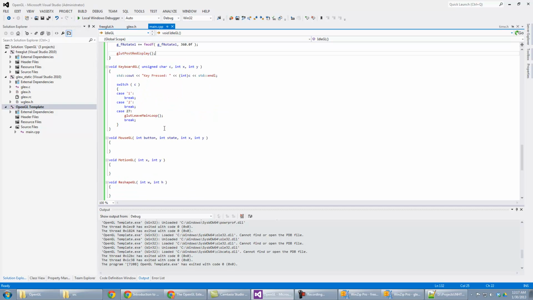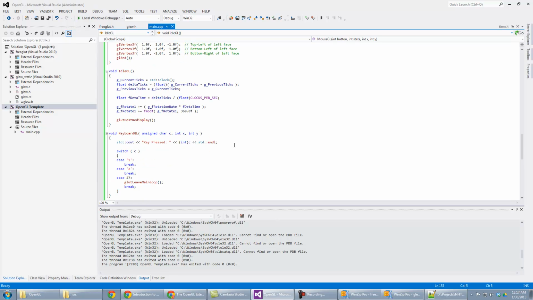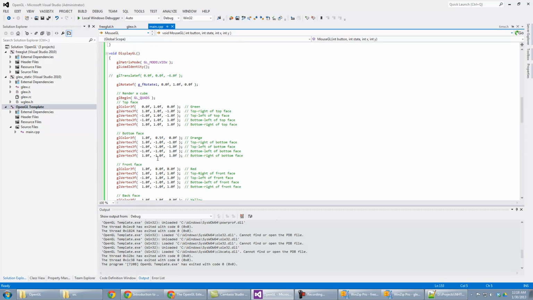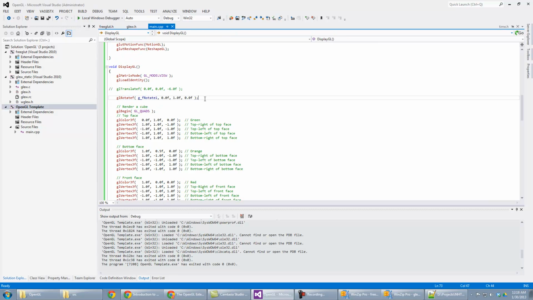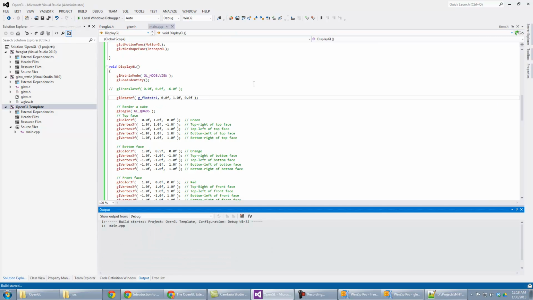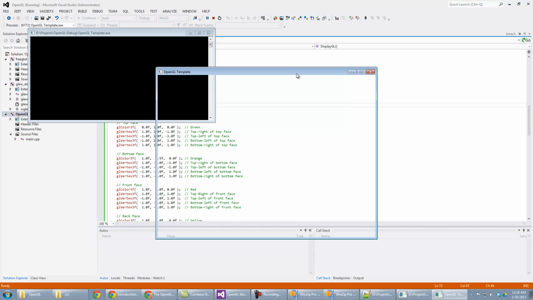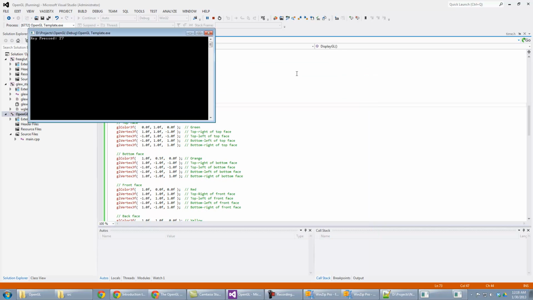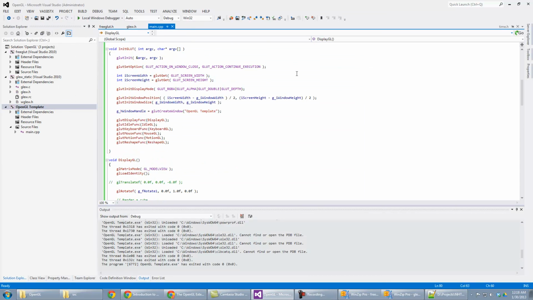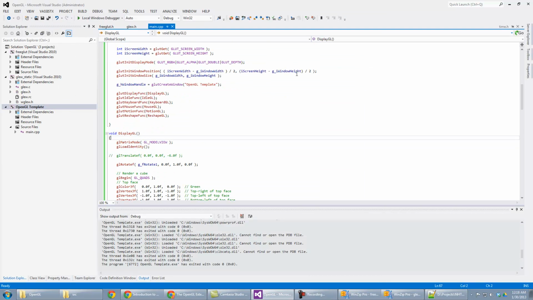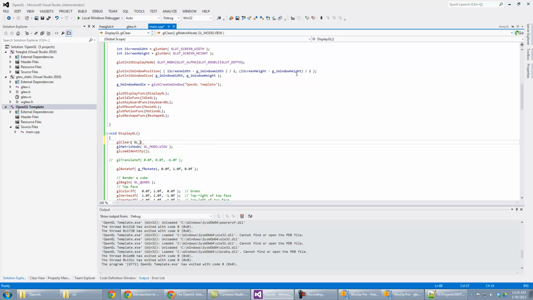Okay, so we're not using that rotation yet, so let's put it to good use. Oh, sorry, actually we are using it. I've already filled it in here. So let's just see what we get. Now you might be surprised to see that we still get absolutely nothing. Well, this is not actually that surprising at all because we still haven't told OpenGL to clear anything. So we need to make sure that we clear the color